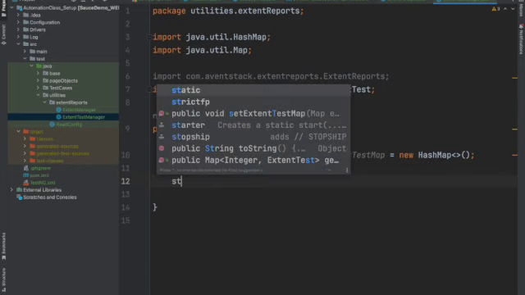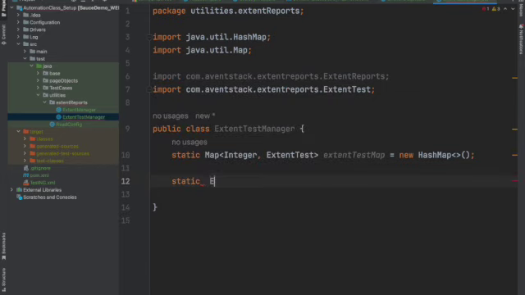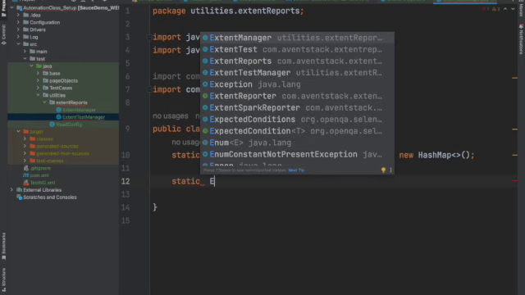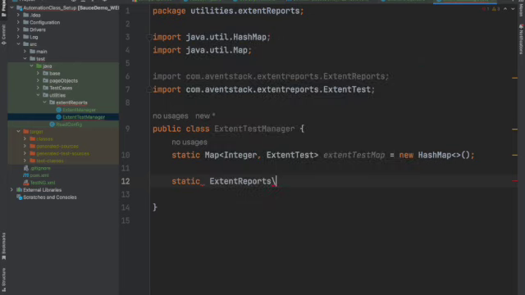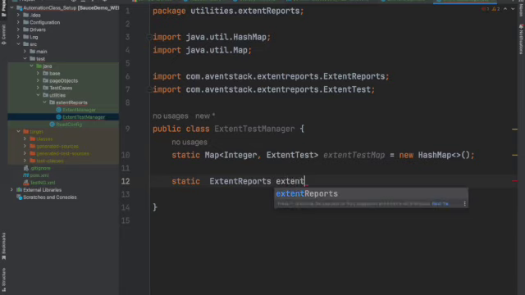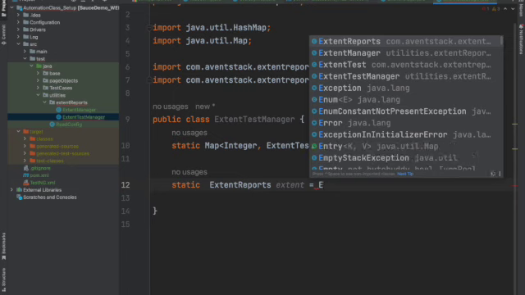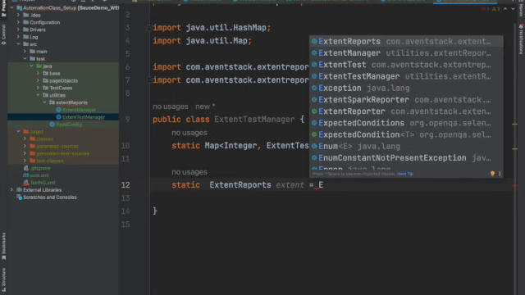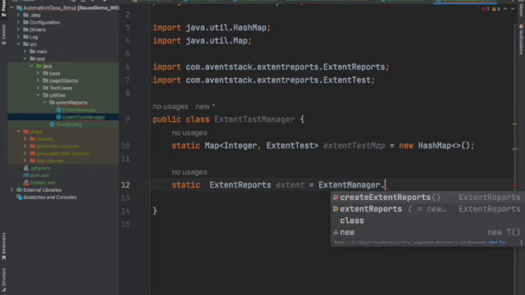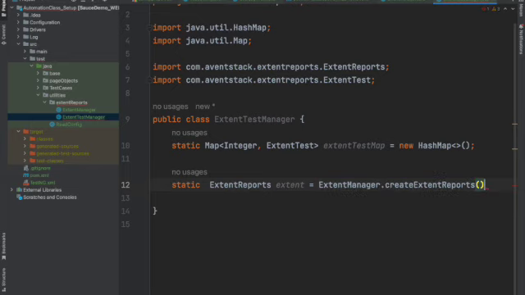Then I have static extent report, extent report extent manager, or is it a test manager? Extent manager dot create report. So create report, and then